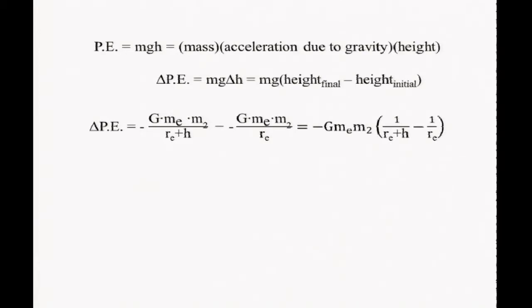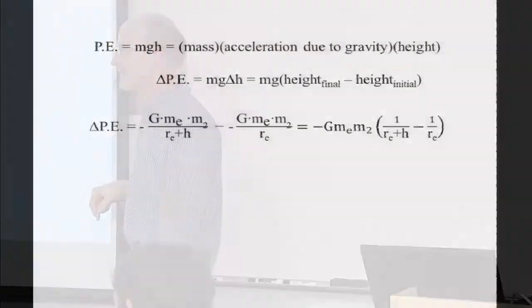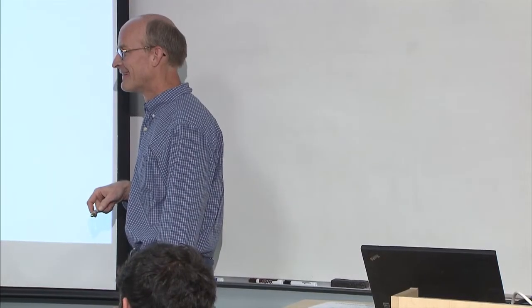Or radius, sorry, that's the radius of the Earth. Why do we use the radius of the Earth when we're doing this? Anyone know what that assumption is? The distance from the Earth to the center of the Earth. That's right. So why are we going to the distance from the top of the Earth to the center of the Earth? That would be your total distance from the center. So what's at the center of the Earth? Yeah, all the mass. The mass of the Earth when you do this problem is assumed to be right